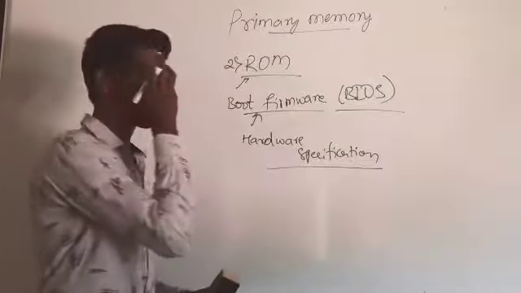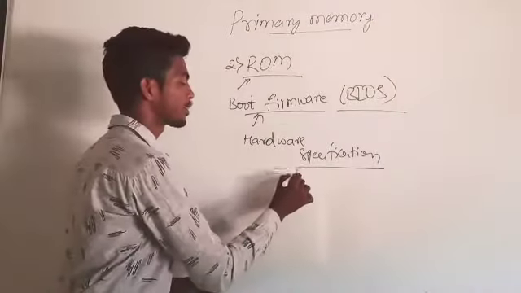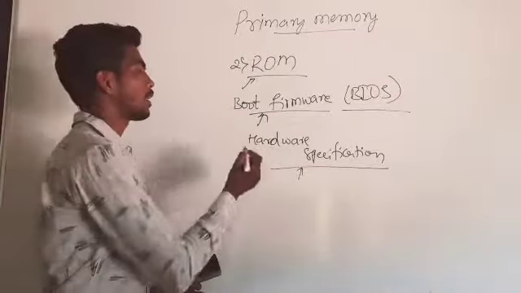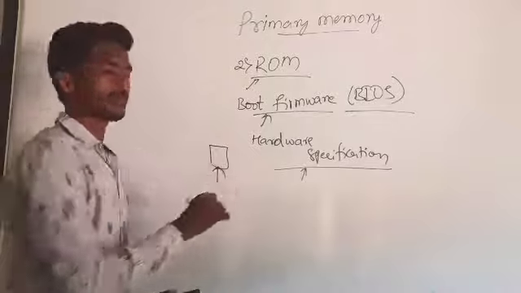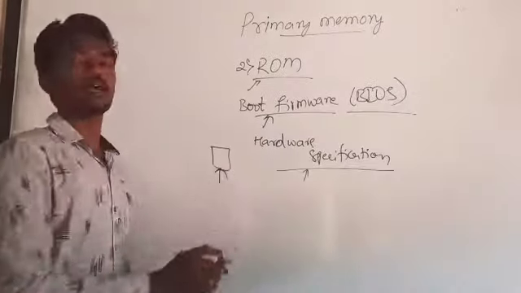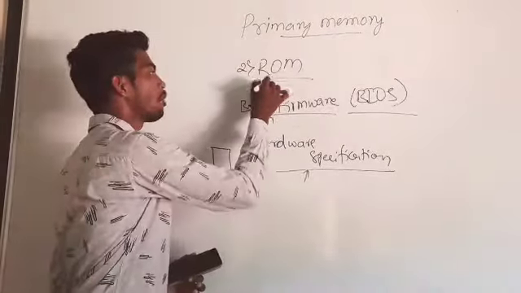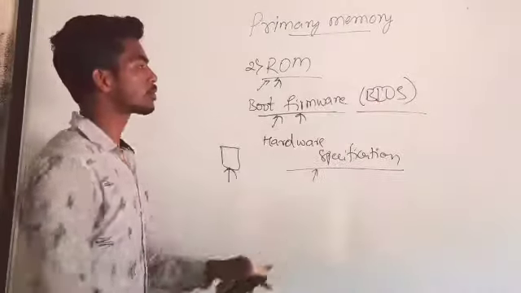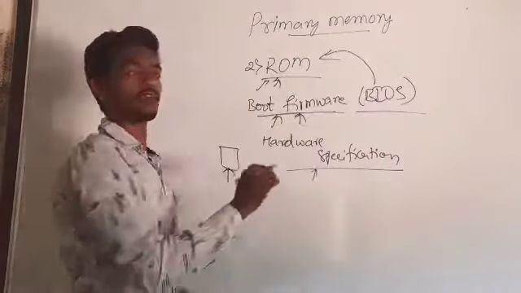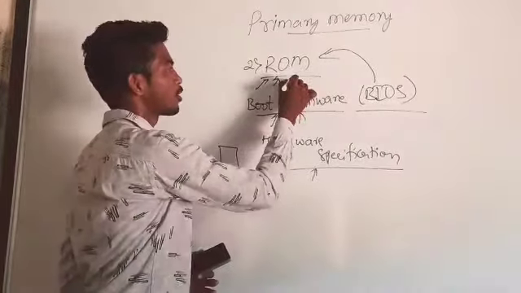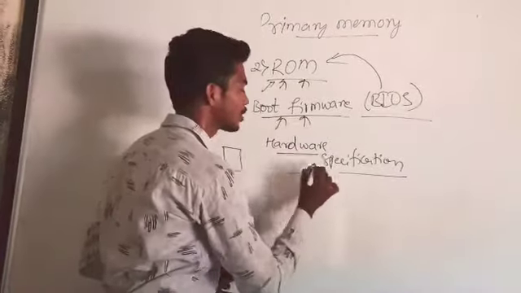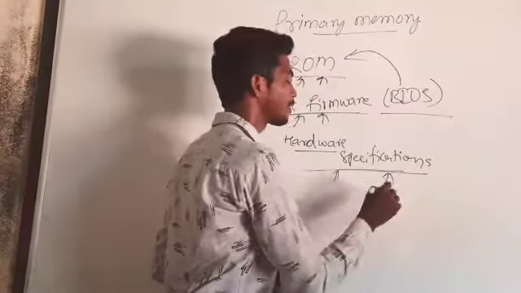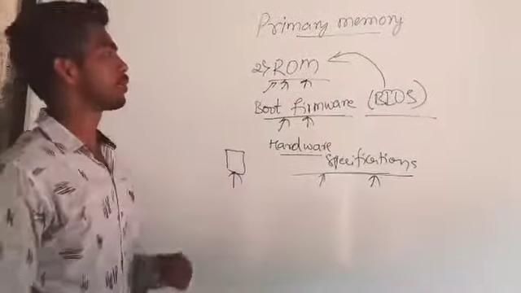The ROM is mainly useful to tell the user about the hardware specifications, and what hardware is available and connected to the computer system, and whether the requirements are correct or not. This is done by the ROM, and it is mainly called the process of boot firmware. It is also called the BIOS. The BIOS is loaded into the ROM whenever the computer starts. The BIOS runs and tells the user about the hardware specifications needed for the current computer. That's the main thing about the ROM.